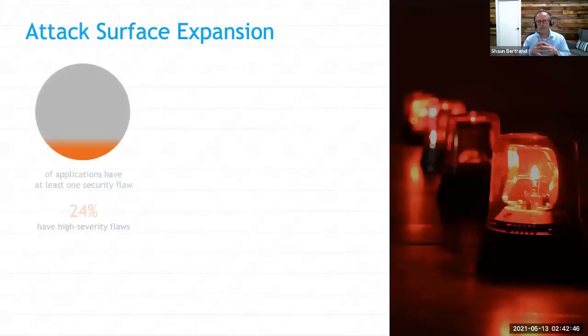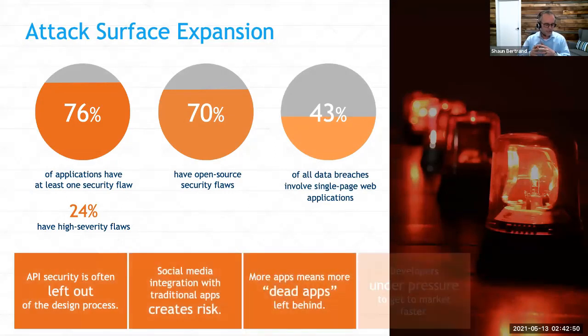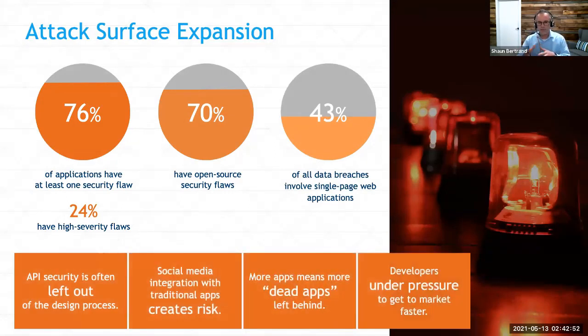All right, I want to talk a little bit next about the attack surface expansion. And this is important to understand. There's a lot of risk with application security. I'm going to try to make it through this presentation without talking about ransomware here. That's going to be a tough part. But there are many threat actors taking advantage of these web application vulnerabilities. The app layer continues to be one of the most attacked layers and the hardest to defend.